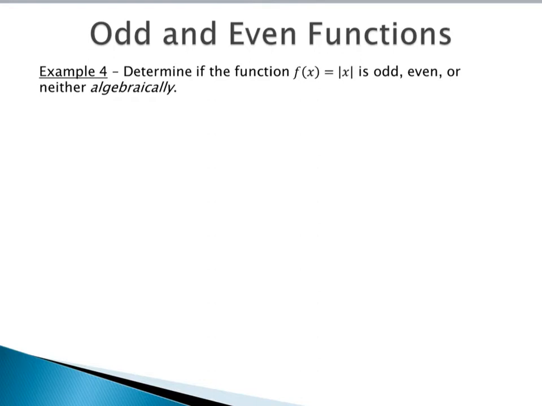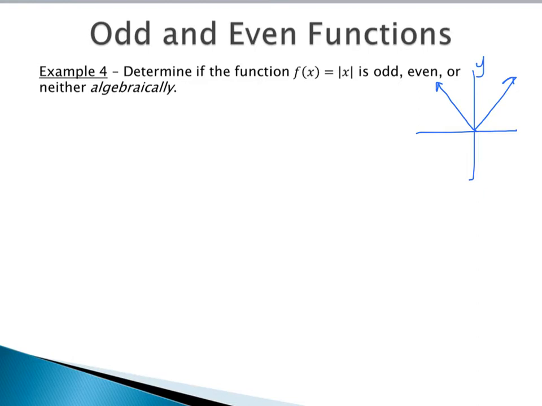So just one last example tying in why we need to understand how to do the f of negative x part. If we want to figure out if the absolute value of x is odd, even, or neither, if we first just look at what the graph is of absolute value of x, the absolute value of x is really just a V. And by that graph, we can see that it is symmetric about the y-axis. And when it's symmetric about the y-axis, that means the function is even. Well, let's try to see why that is.